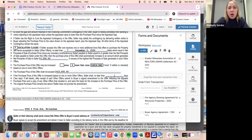If the seller accepts this offer and gets one or more additional bona fide offers, no later than I've used the same date as our binding acceptance date, that result in net proceeds payable to the seller equal to or greater than net proceeds payable to the seller under this offer. So this means if the seller gets another offer that's over the offer price that we are offering. So if the seller gets an offer for more than $401,000, then the purchase price of our offer, this offer,